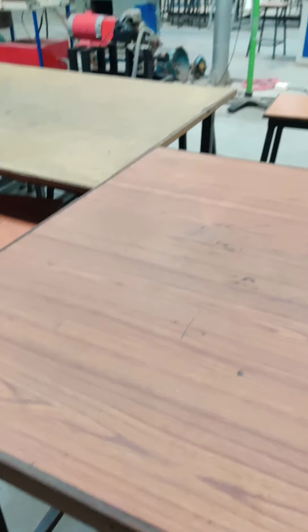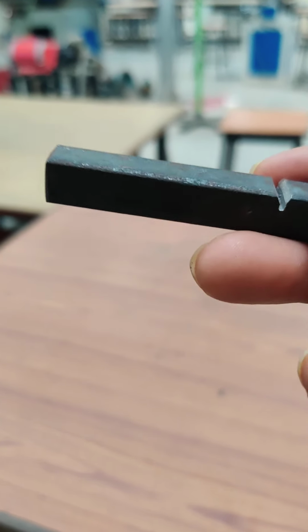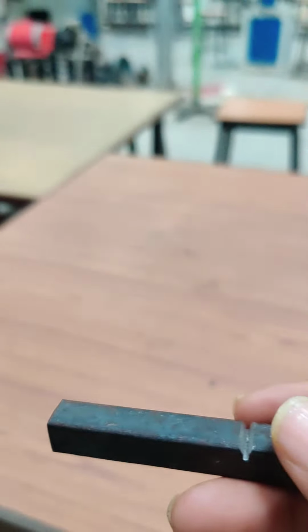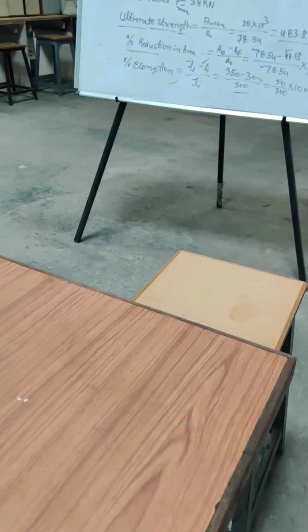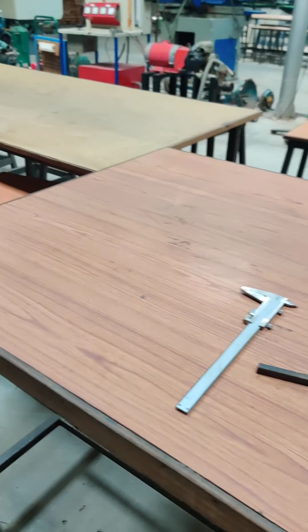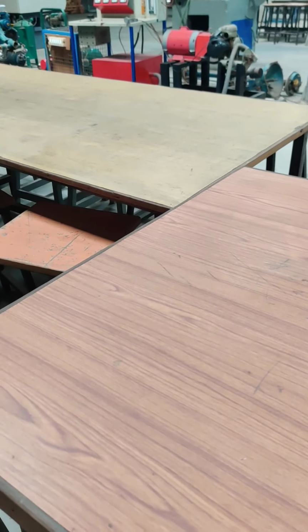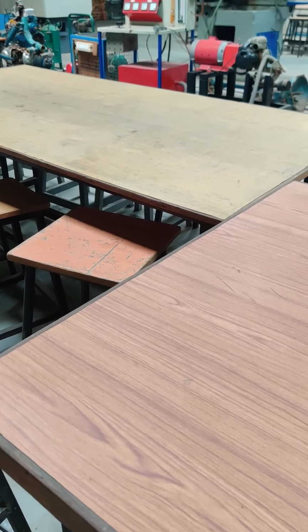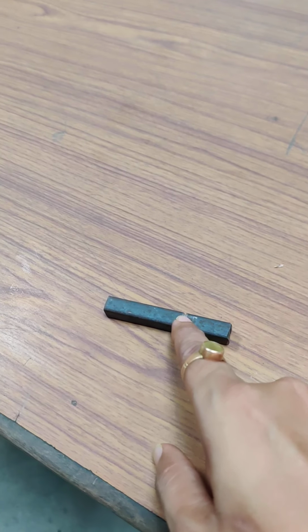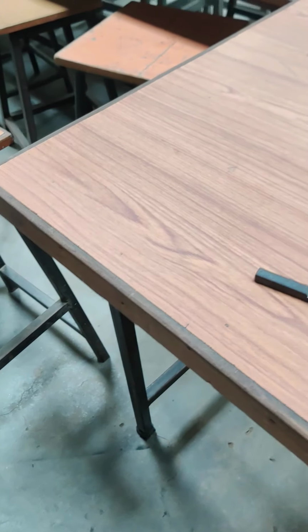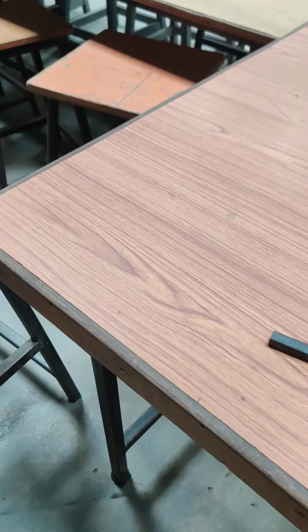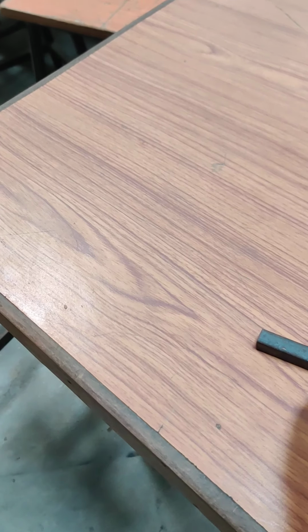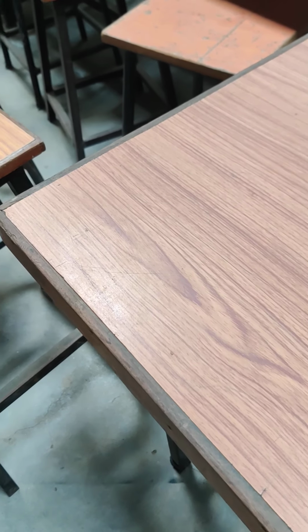So same thing here also, we are doing this notch. Why? Because we are testing the specimen, we are testing the material. If you design any material, you are giving the notch. Suppose you are doing the turning operation, that is also one type of operation. If you are doing step cutting, that is also you have to give the notch. Why are we giving this notch? Because if you design any component, there is some material removal process. So that's why we are creating a small notch and we are testing this specimen.